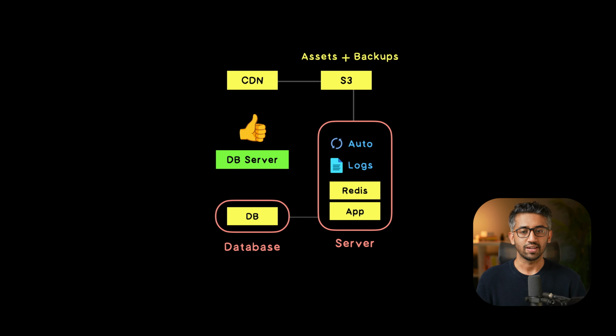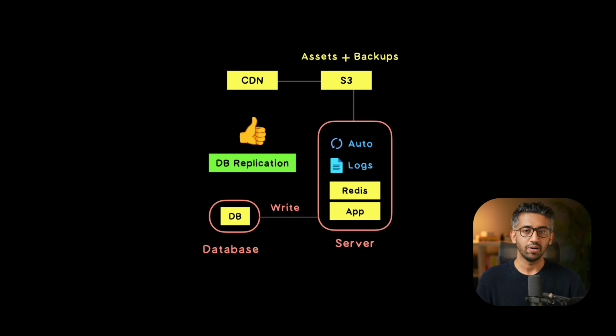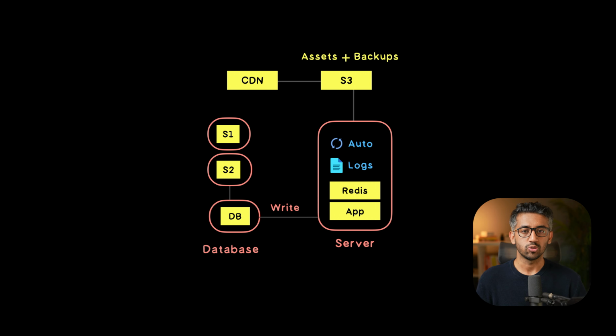You can fix this by having database replication, so you can have multiple instances. You always write to the primary database, but data gets replicated to secondary databases and you read from the secondary databases. As you get more and more users, one server might not be enough to handle all the load, so